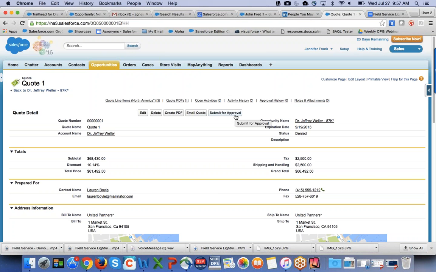We have a native approval process. I know we talked about this a little bit, is that if there's any specific threshold or things like that that need to be approved, you can actually leverage the Salesforce approval logic to do that, which you would set up based off of discounts or whatever. Maybe a sales manager has the ability to give up to 10%, but anything above 10% needs to have their manager's approval. So automatically, as soon as the discount value goes to 12%, they would need to submit this for